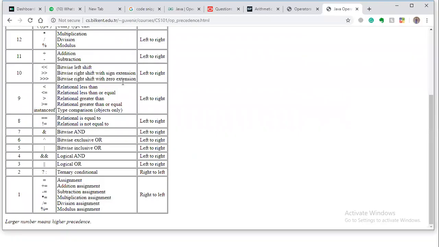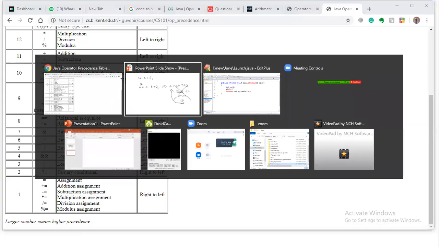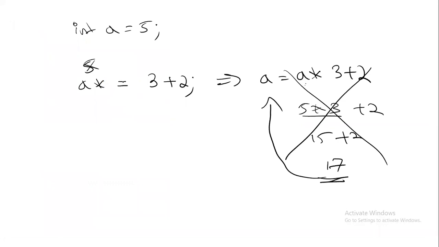Don't you think that the precedence level for the assignment operator is very low? The precedence level is 1, which means it is very low. Which means before coming to the equals sign, the right hand side should be evaluated. Then only can it come to the left hand side. It is very simple in the assignment operator. After evaluating the right side operation, then only it can come to the left side. Is that clear for you?